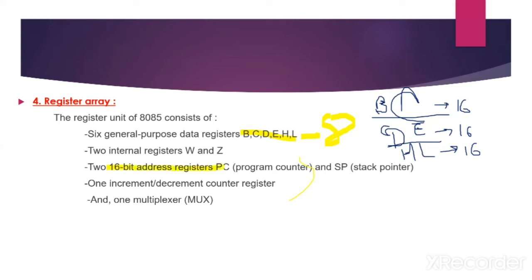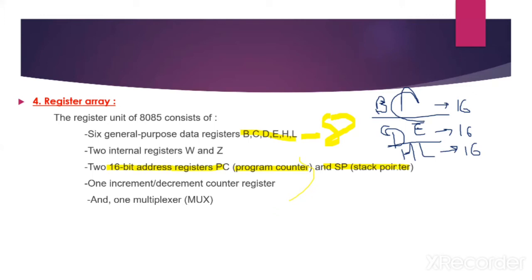There are also two 16-bit registers, that are the program counter and stack pointer. The program counter always points to the memory location of the next instruction to be executed. It always contains the 16-bit address of the memory location where the next executable instruction is stored. The microprocessor uses this register to sequence the execution of instructions. The program counter is auto-incremented after the particular instruction has been fetched by the microprocessor unit.